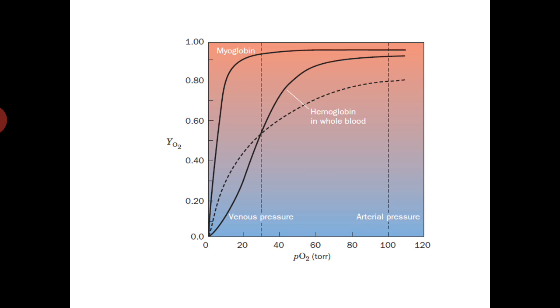Here the role of myoglobin takes place, because myoglobin has the tendency to bind with oxygen at low pressure, so it gets attached to the oxygen and works as a storage medium for oxygen. At low pressure, myoglobin has the tendency to bind with oxygen, but at high pressure it is hemoglobin that binds oxygen. That is why hemoglobin works as a very efficient medium for the transport of oxygen throughout the body.